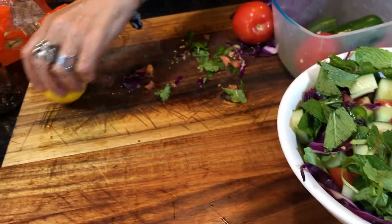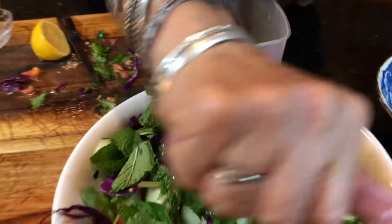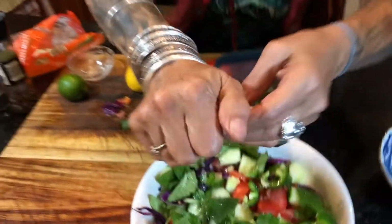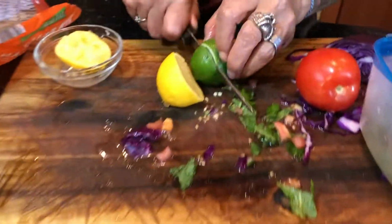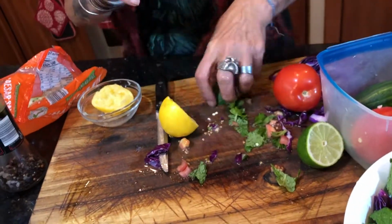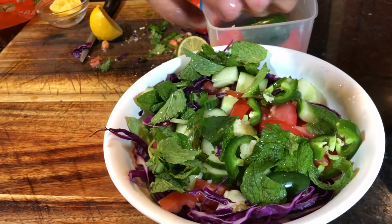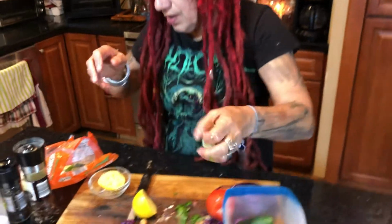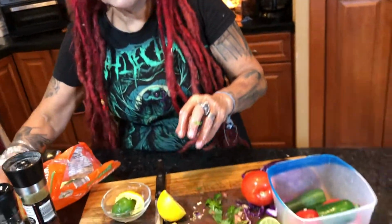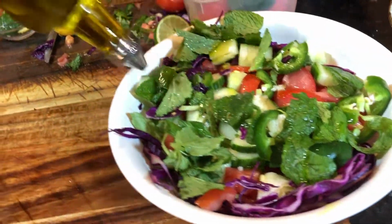Okay. Now we're gonna use some lemon. We don't use no fatty salad dressing. We make our own salad dressing, okay? Then we're gonna use some lime. Lime is very hard to squeeze, so you have to dig in with your fingers. Oh, smells so awesome. Okay, my next ingredient is olive oil, which is Mediterranean, and I always have it on my